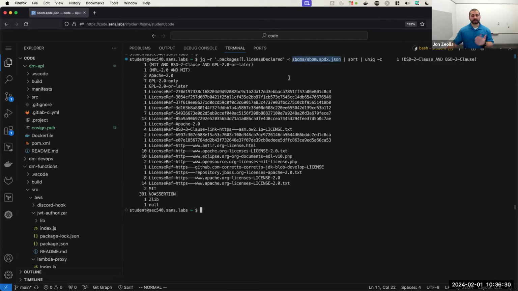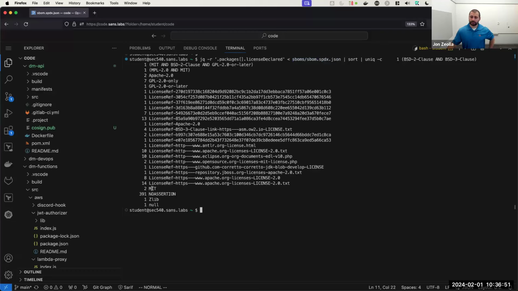Like I said, SPDX origins are focused on licensing because it was for open source, making sure that we didn't inappropriately use certain types of licenses. So you can see this command just takes all of the packages in the SBOM and groups them down to what license they have. And then we can see all those licenses here.